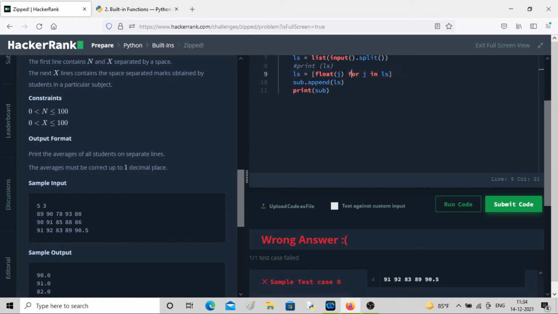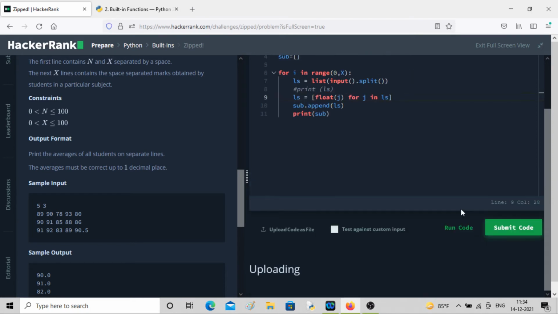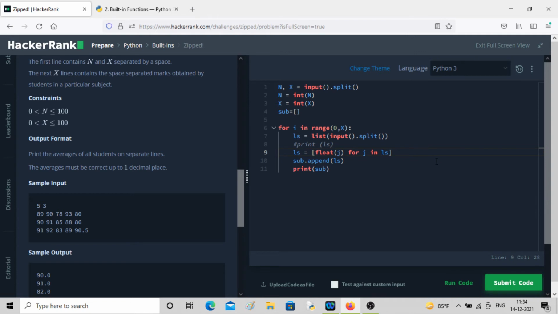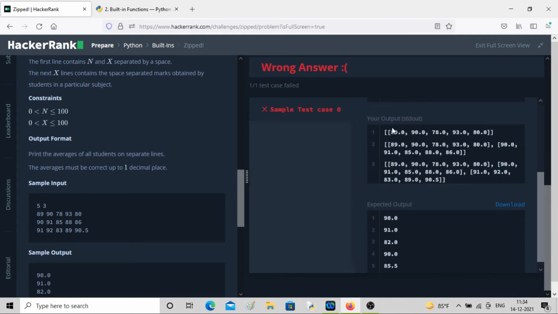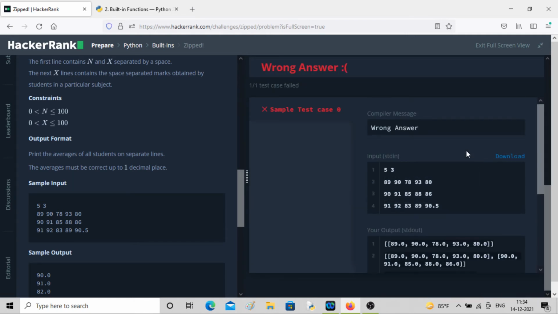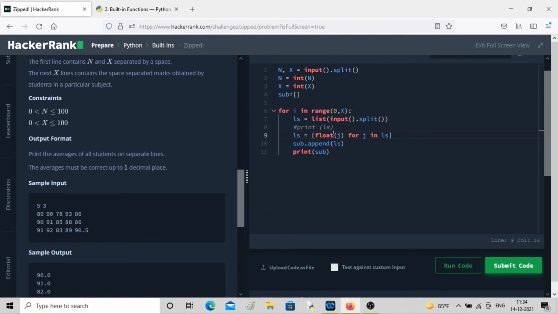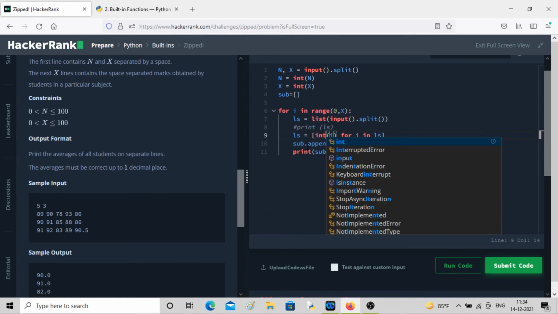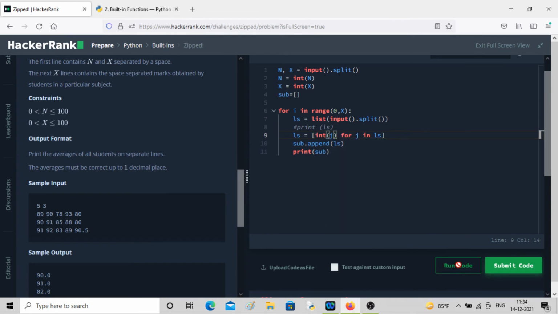You can put whatever variable you want instead of j here. I hope you remember. Now if I print, you can see that it will not have string values. See that it is having float values. You can also do int type, but it will show an error because there is one float value. Let me see.